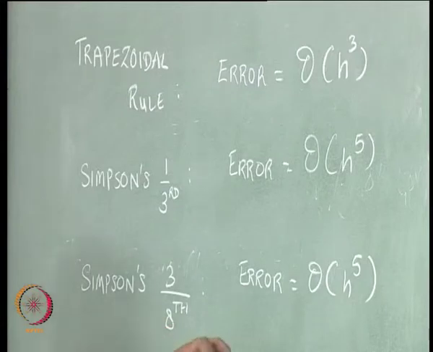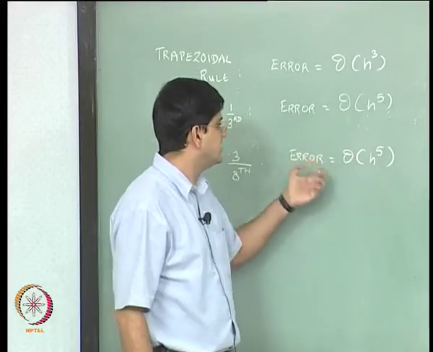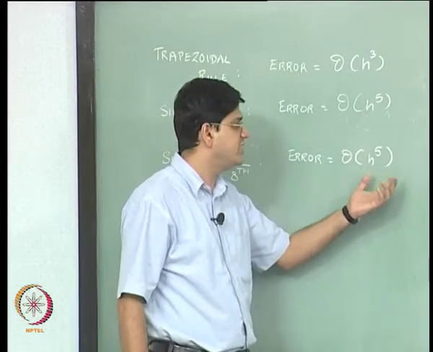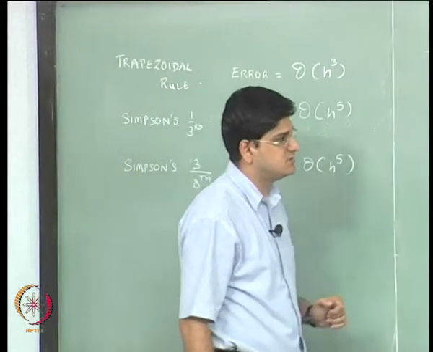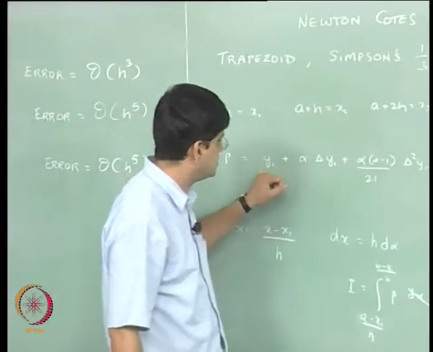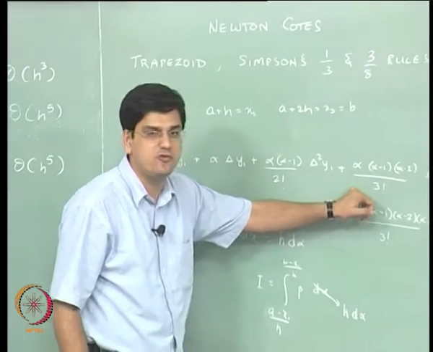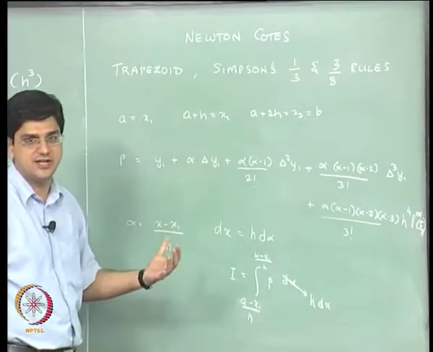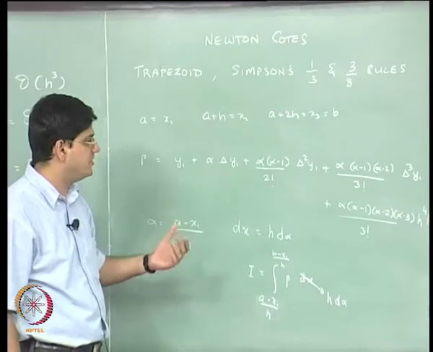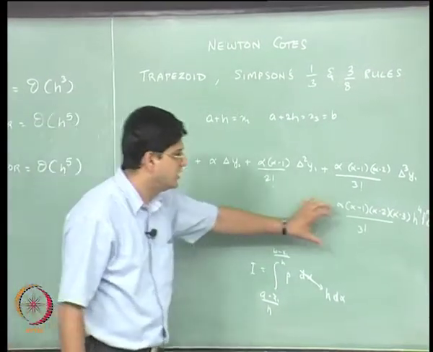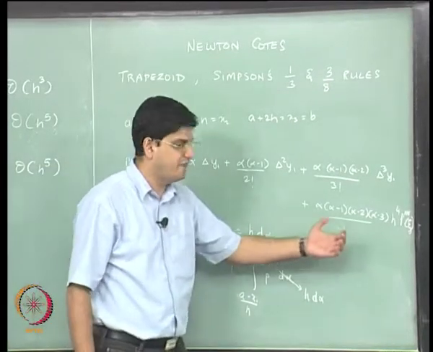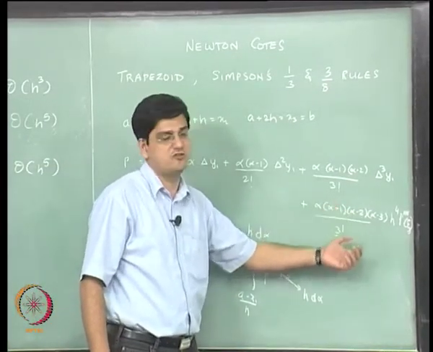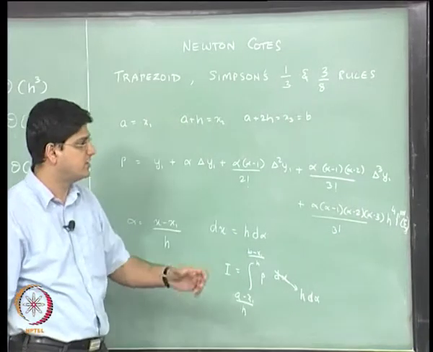Okay. This is something that we have not derived yet, I am just stating it as it is, that the error in case of Simpson's 3/8 rule is order of h to the power 5. What happens in Simpson's 3/8 rule is that we will use this and this term, the 4 terms, to derive the 3/8 rule the way we talked about in the previous lecture, and this particular leading term will give us an indication of whether or not the error is h to the power 5 accurate or it is even more accurate than that.